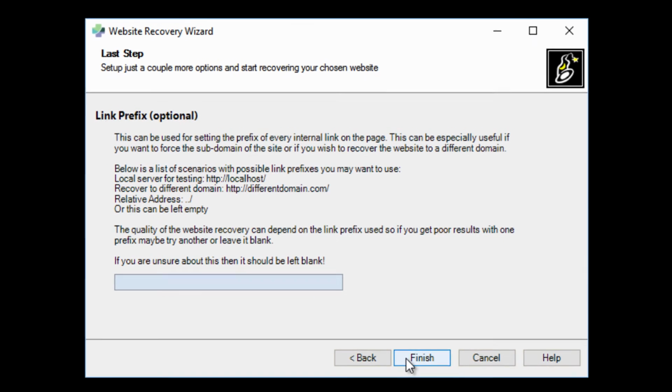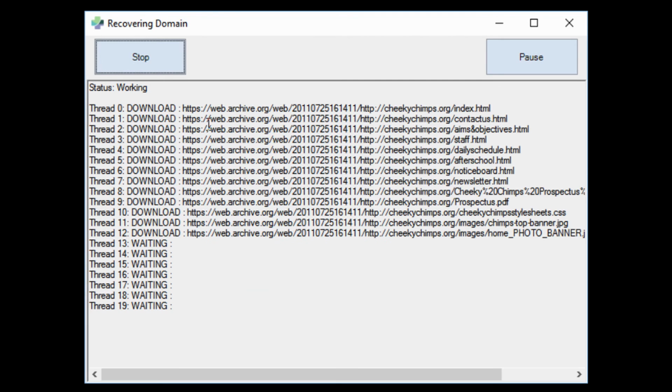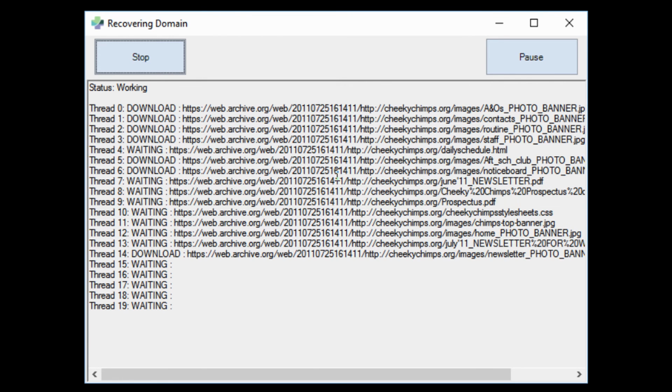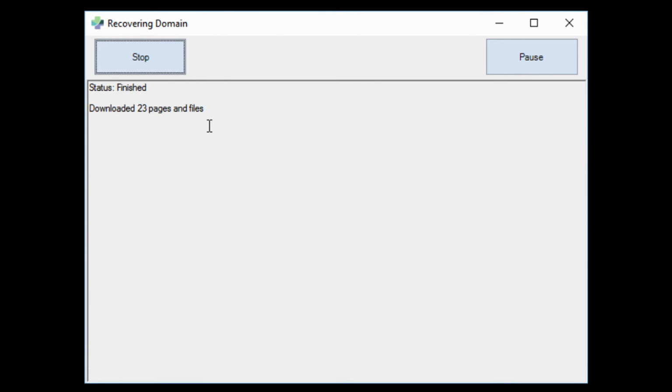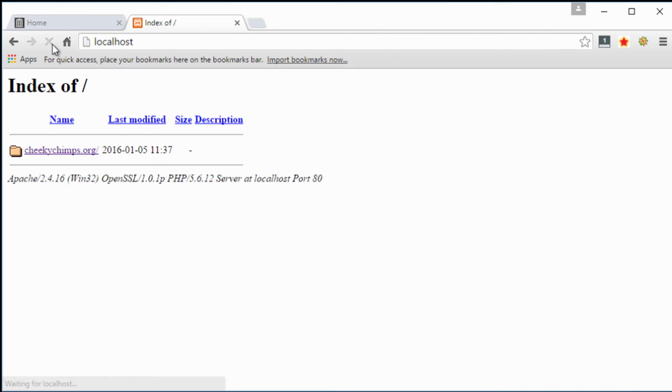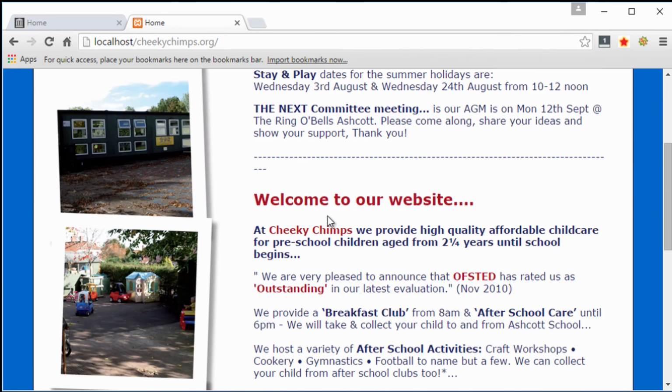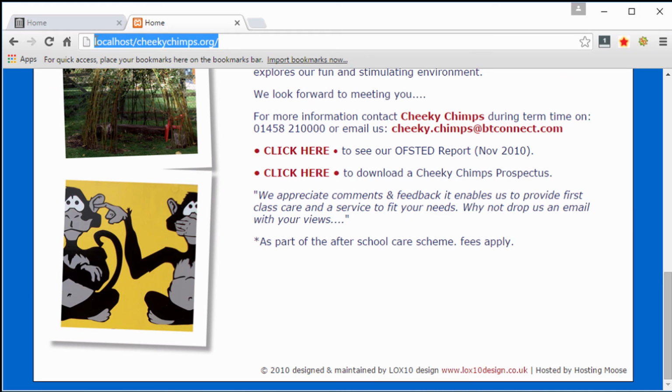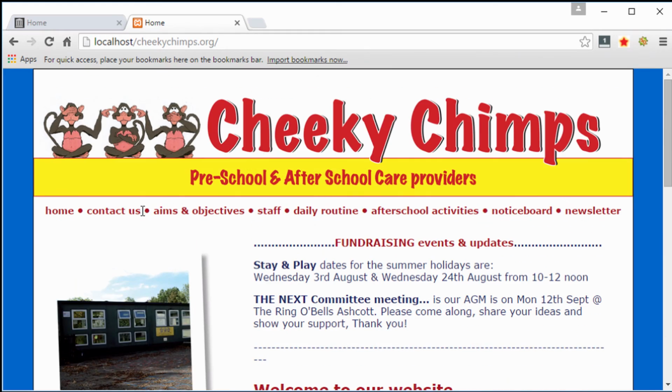Okay, so from here we're going to click finish and you'll see straight away it's going to start downloading all the different pages and the content and the images and the style sheets and things like that. So you see within a few seconds it's downloaded all 23 pages, and we're going to go back to the browser. So here we can see before there were no folders, no web pages or anything like that. And here we see there is now a cheekychimps.org folder. I'm going to click on that, and this is now running on our local server that I have set up, and you'll see